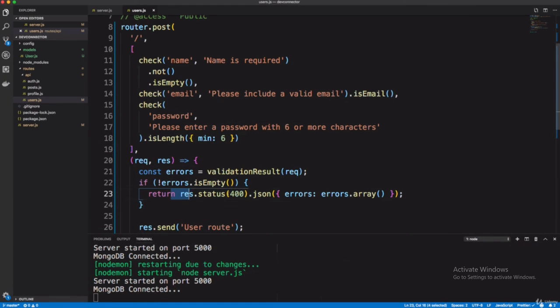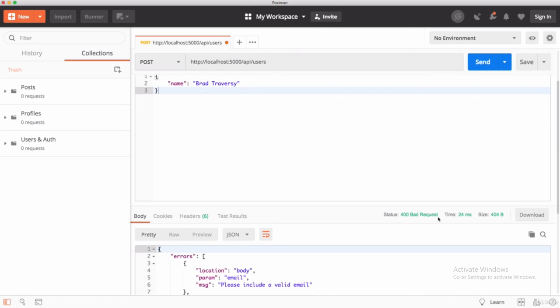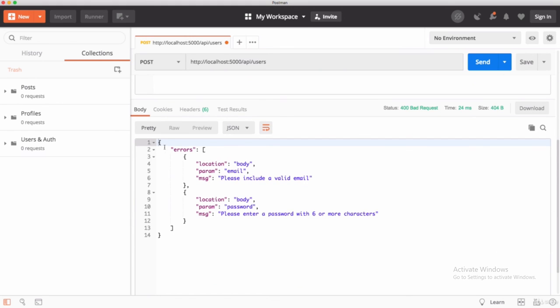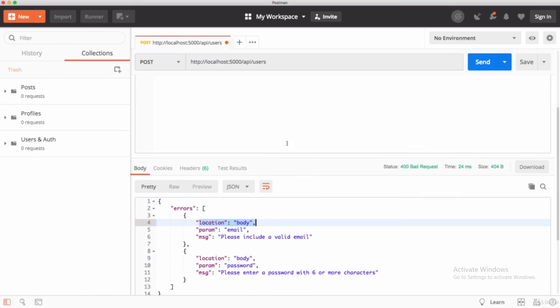Okay, if any kind of error related to name, email or password, it will show that error here. Now let's check if I am not filling in others too. As you can see, both are required, and here you can see the status 400 bad request and error messages coming: please include a valid email and please enter a password with 6 or more characters. Fine. These two errors are showing because we are mapping through all the errors.